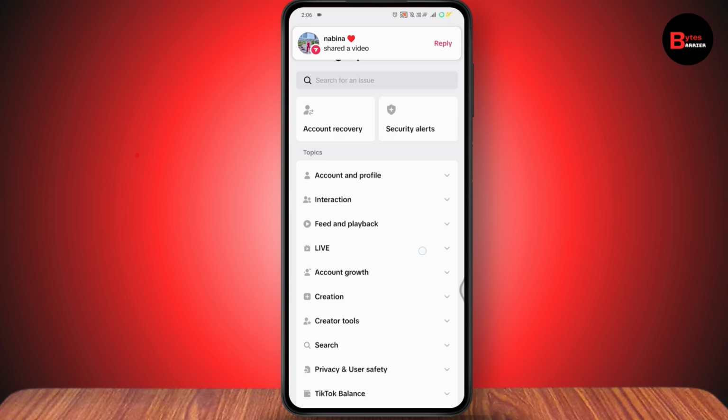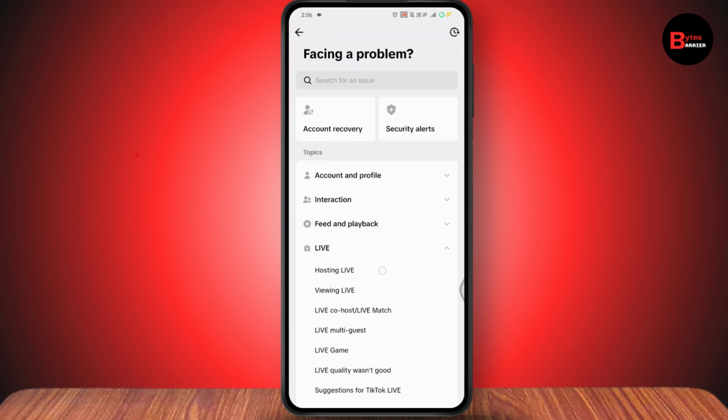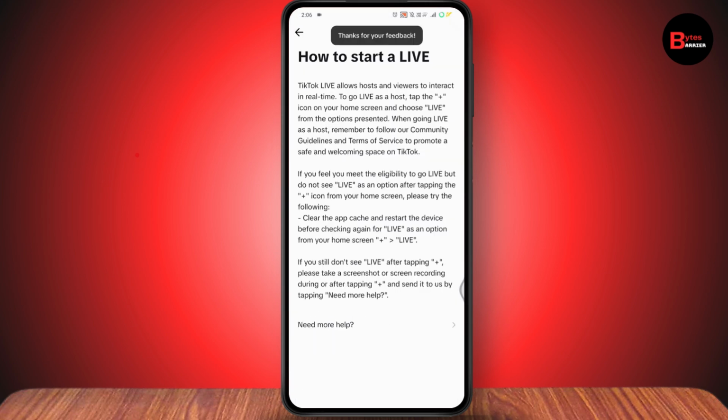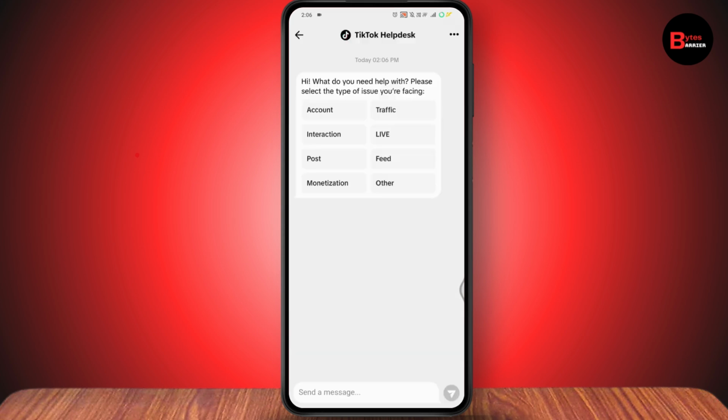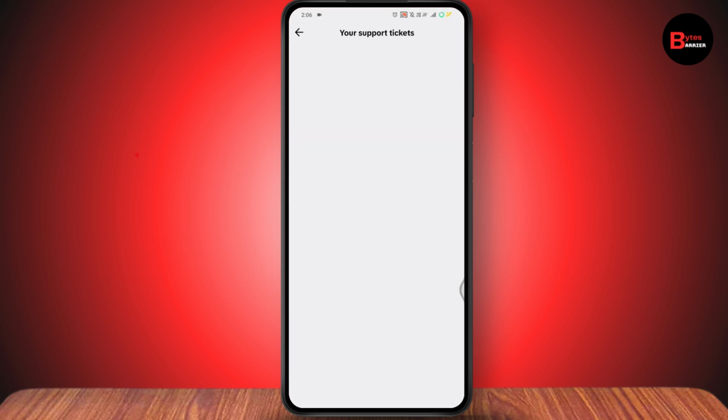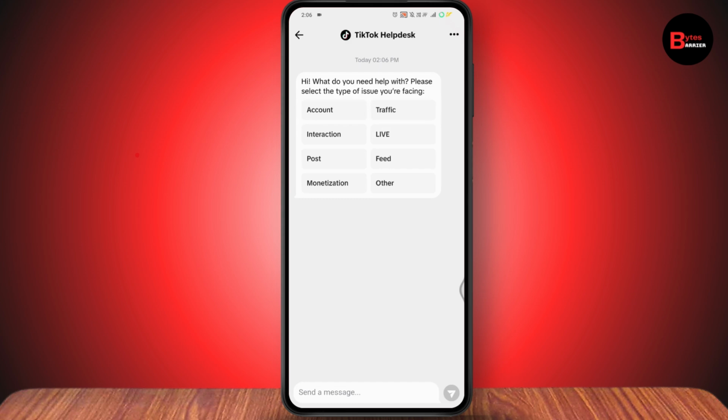you can just go with live section, tap on live and tap on hosting live, and tap on no, which is on the bottom, and tap on need more help. And this will take you to the TikTok help desk or the report a problem page. You can simply go with report a problem or just go with your support tickets and you can send a